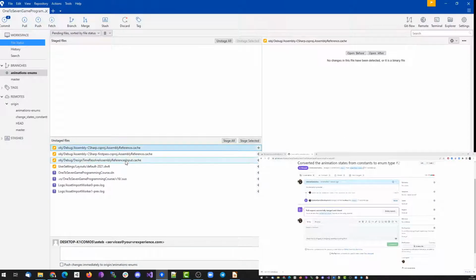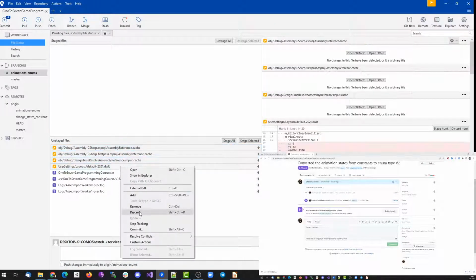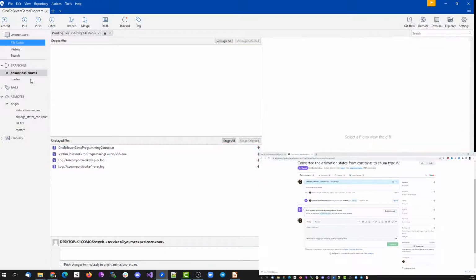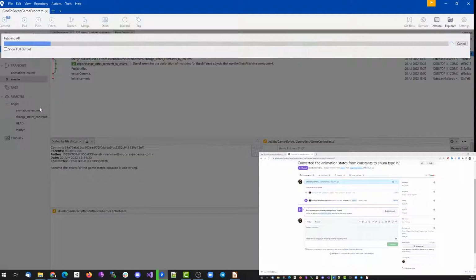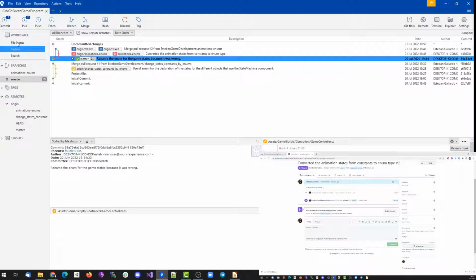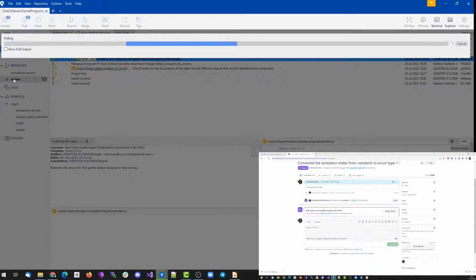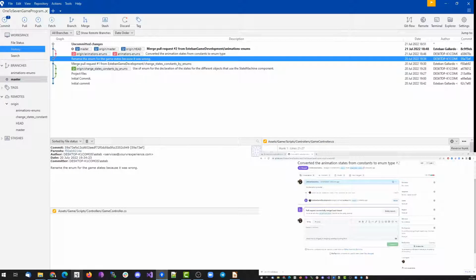And now if we switch back to master, here on the master we have to make sure that we have pulled the latest changes. So what we are going to do is two steps: to fetch, to check if there are changes to pull, to bring to our local copy, and of course here there are changes. So we can pull these changes into our copy of the master branch,